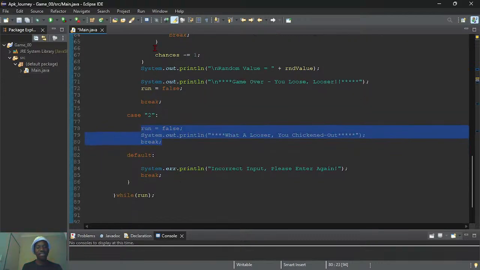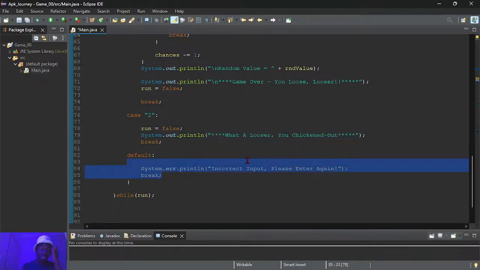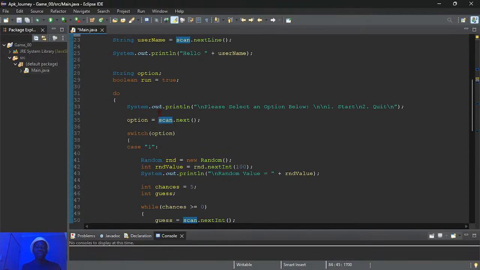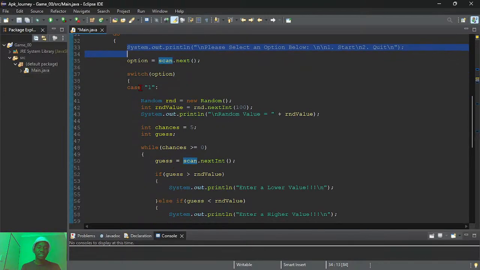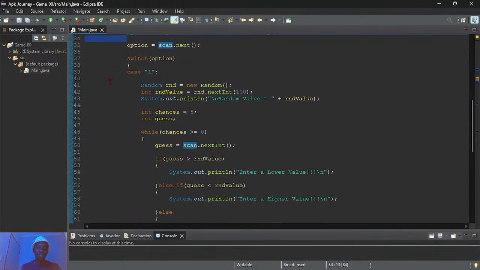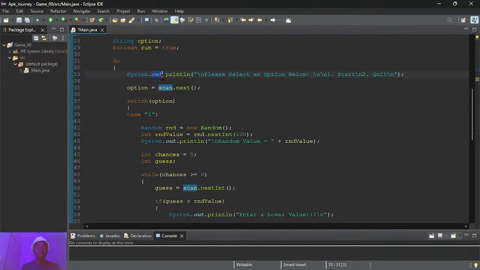And if it's neither 1 nor 2, it will tell the user they entered an incorrect value. Please enter again, and then this statement here telling the user to select an option below will reappear. So until the user enters either 1 or 2, this will keep on appearing.